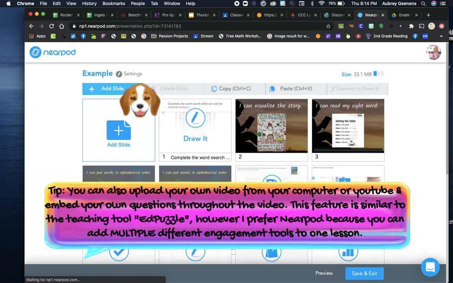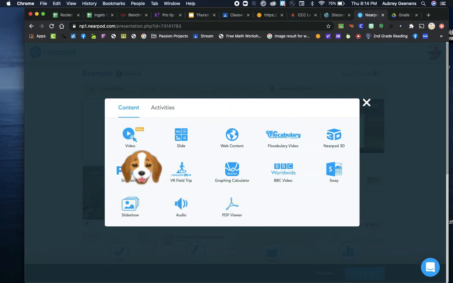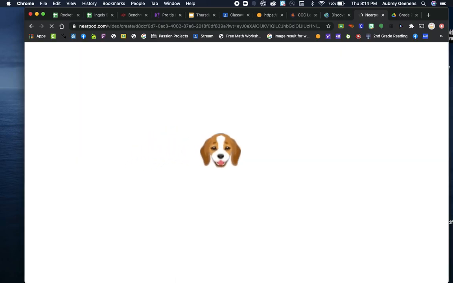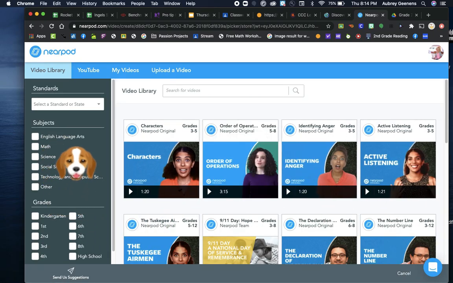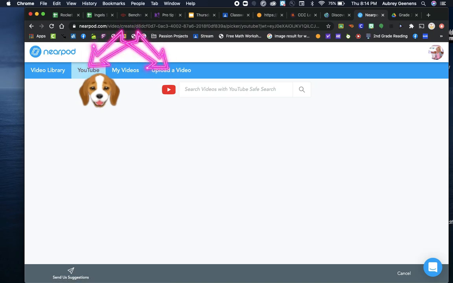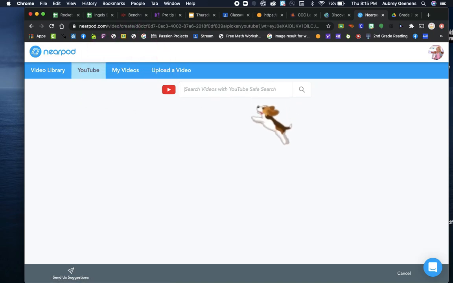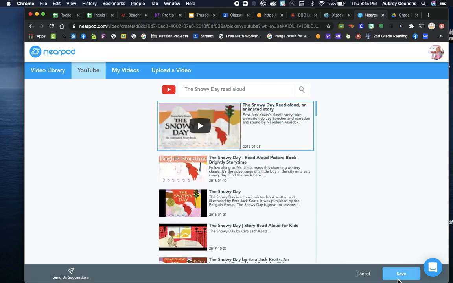Now I'm going to click Add Slide again. I'm under Content now because that's what I'm talking about. I'm going to click Video. Let's say I'm going to do a read aloud. Again, I can do one of theirs, and you can also search by standard, or you can go to YouTube, because we get a lot of our read alouds from YouTube. Let's say I'm doing The Snowy Day, so we'll do read aloud. So then I have here a read aloud. Now when I click save,